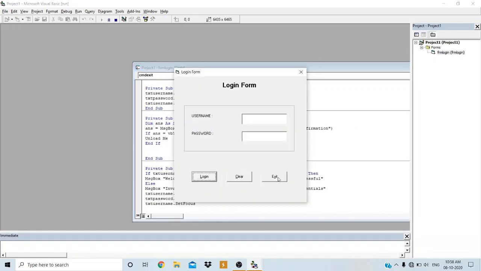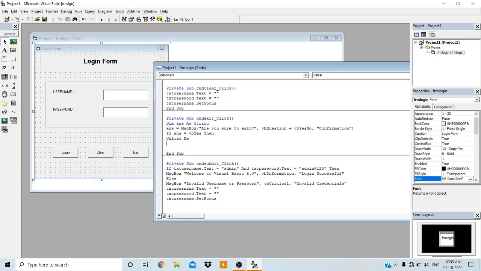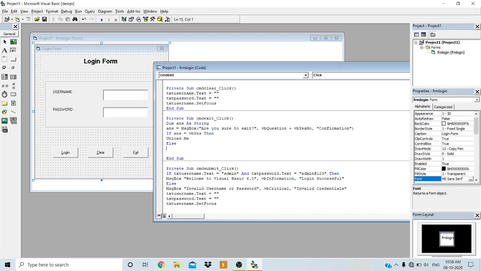So run the application. If I click on the No button, see, it is present in the same form. Okay, but I just want to set the focus to the first text box. If I click on the No button, the focus should be on the first text box. So for the else case, you can write the code to set the focus. I will make it Else, then the first text box focus can be set using the SetFocus method. txtUserName.SetFocus, then End If.